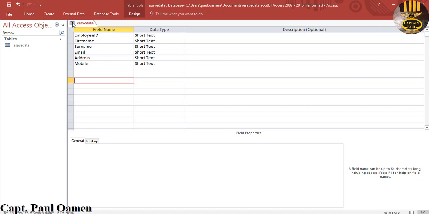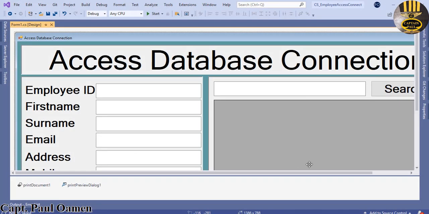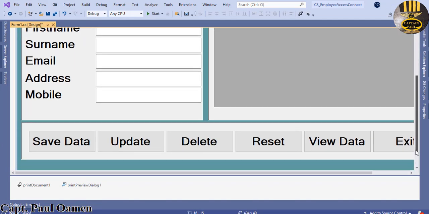Okay, I'm going to right click and just view the table. Save. There we go. My table is ready. Okay, that's fine. Save everything. I can even close it if I want. Yeah, close the table. I know the location where it's saved. Okay, so the next thing we want to do now is,